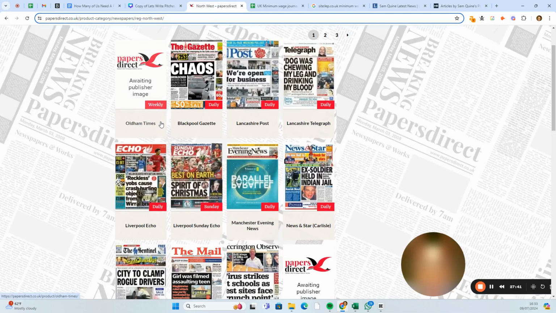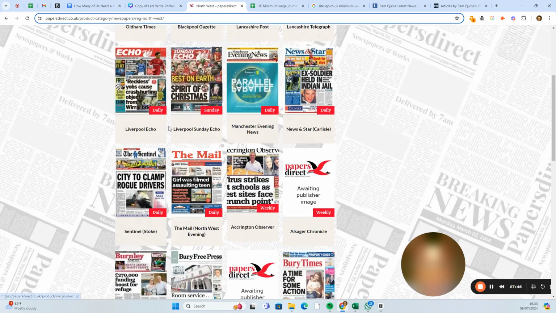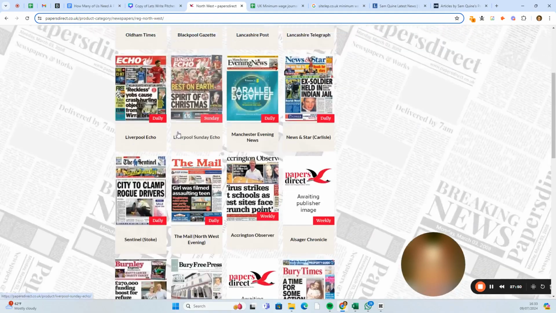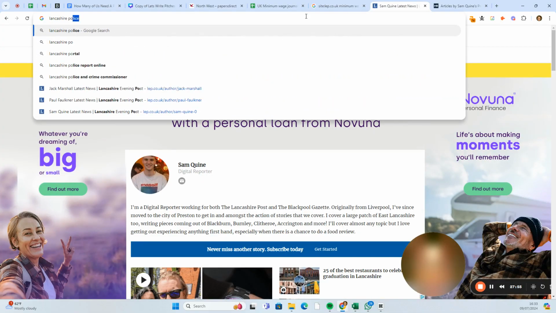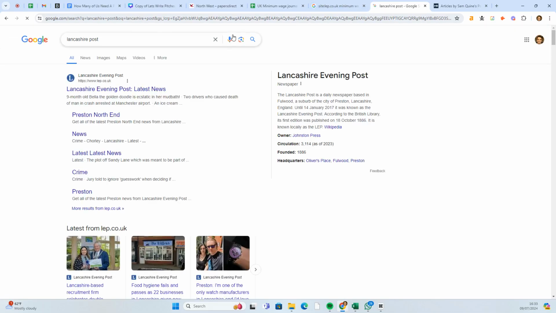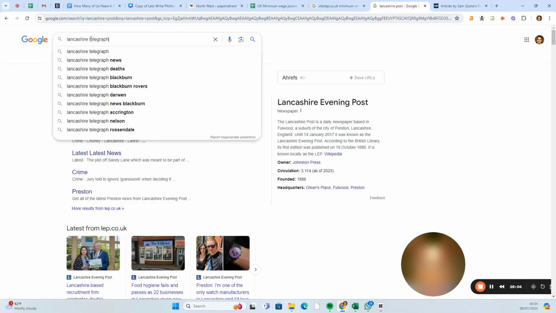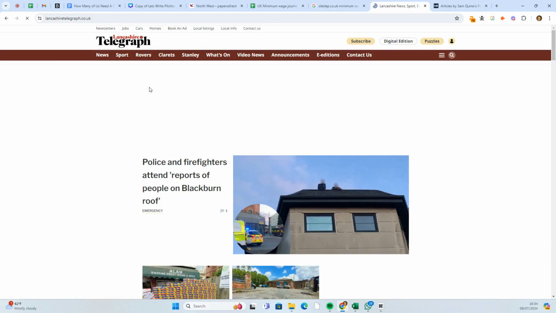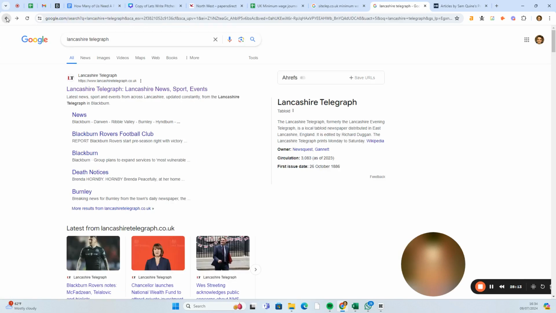So let's see if there's anyone that I've missed. Lancashire Post. What else could be big? It really is the Liverpool and Manchester ones that are biggest. So let's go Lancashire Post. Was that just what we were on? Okay, so Lancashire Telegraph. So they're not the same. So news, sport, recovery, cards. So let's go